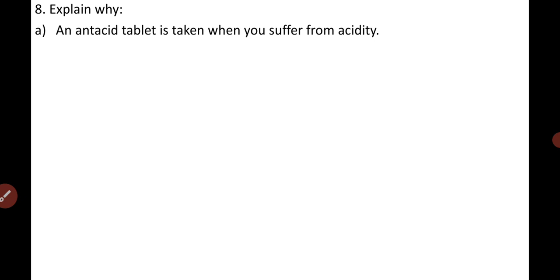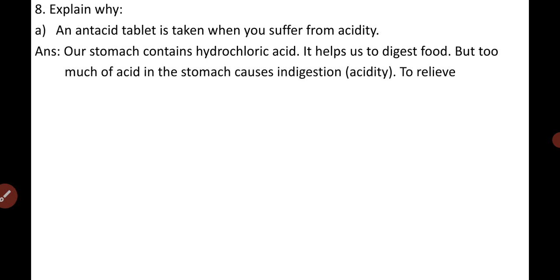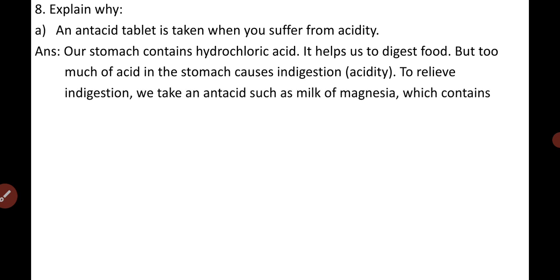You know that generally our stomach produces hydrochloric acid. This hydrochloric acid helps in digesting our food without harming the stomach, which we have also learned in chapter number 2, nutrition in animals. But sometimes an excess of hydrochloric acid can be produced in the stomach due to overeating, right?